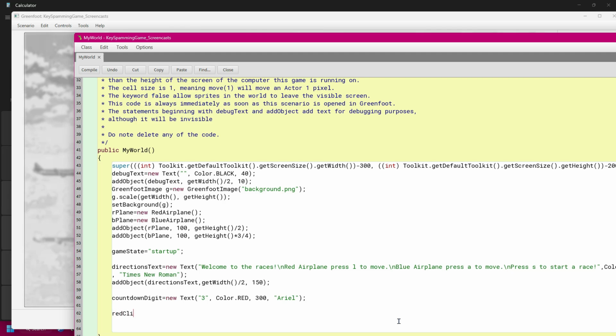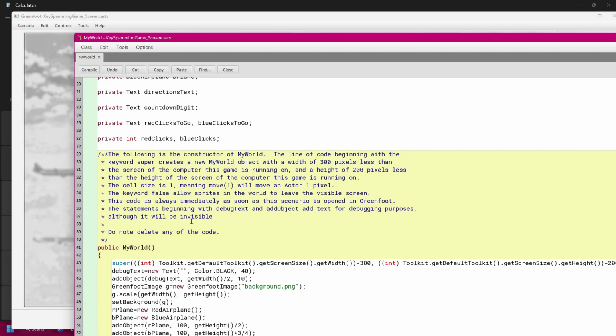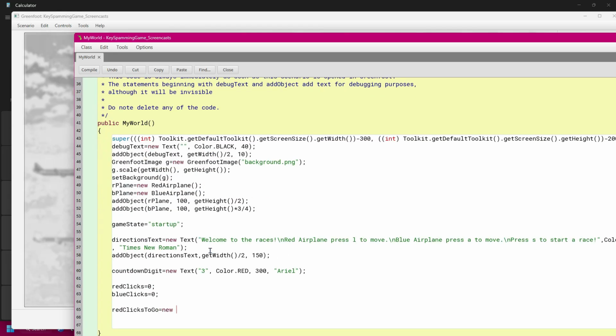So I'm going to say redClicks equals 0, blueClicks equals 0, and then redClicksToGo, that's the text variable, equals new Text, and then how many clicks to go? It's going to be 274, no, it's 274 minus,